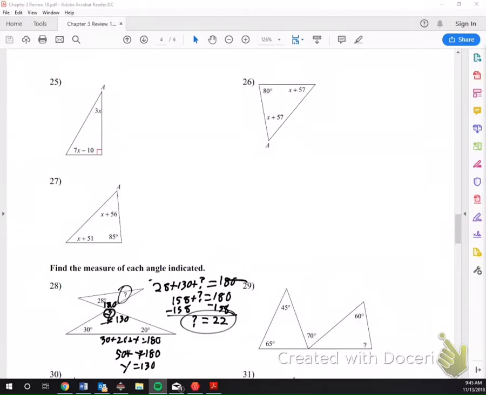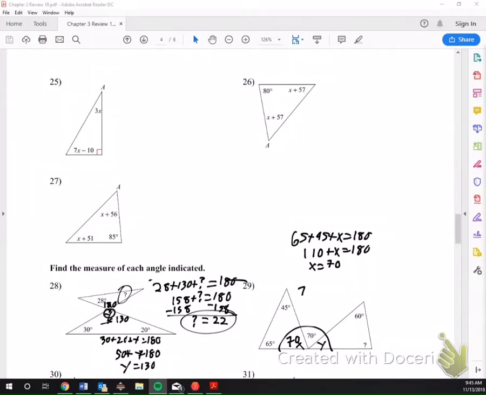Okay? So, moving on. Now this next one, I know that 65 plus 45 plus X equals 180. That's going to give me 110 plus X equals 180, or X equals 70. Okay, so now I know that that's 70. So now what I'm going to do is look at how these three angles relate, 70, 70,